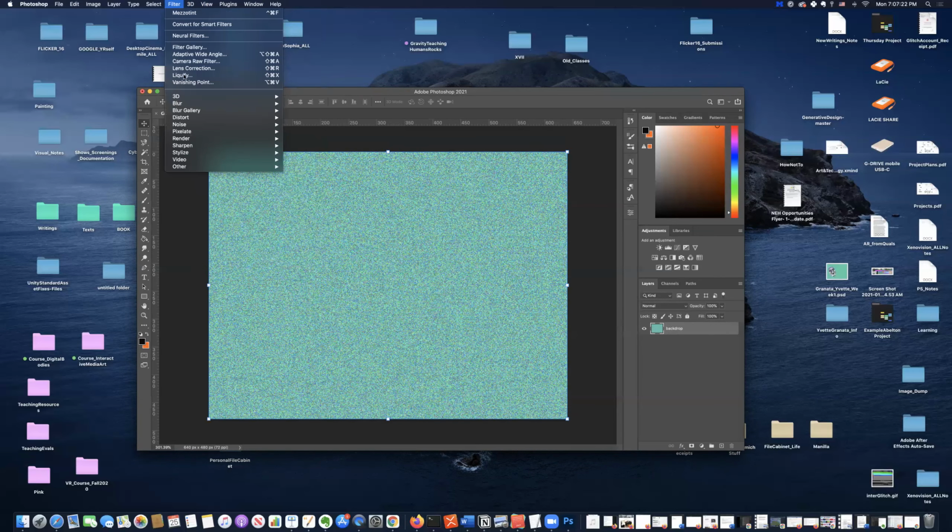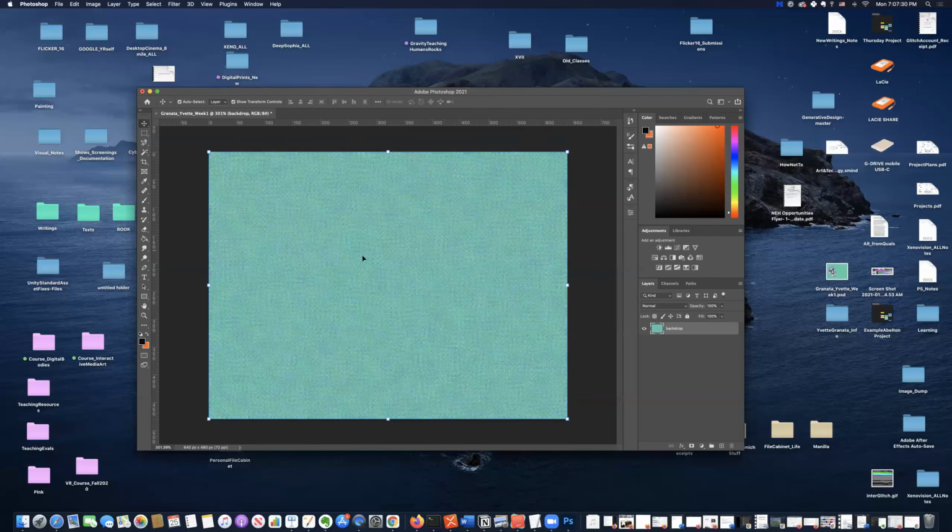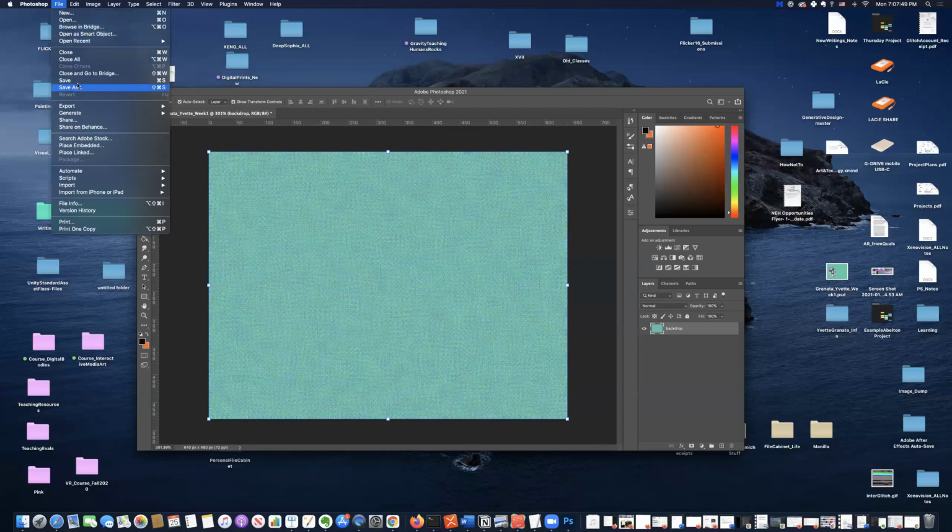To create different effects with just working with the pixels alone. So if you go through and play with some of these filters using only a background color, you can see all the kinds of different things that you can generate with simple filter effect alone. And once you find something that you like, then save your